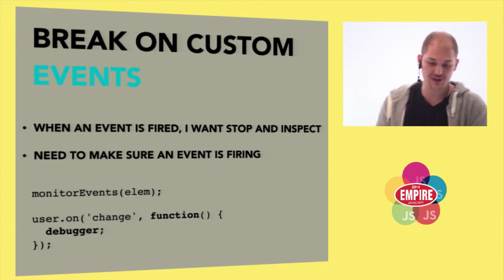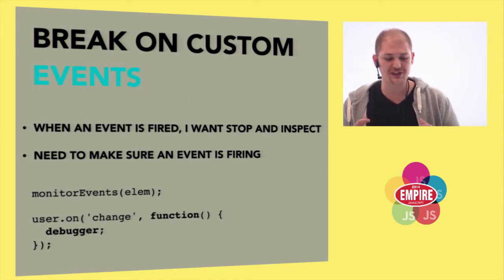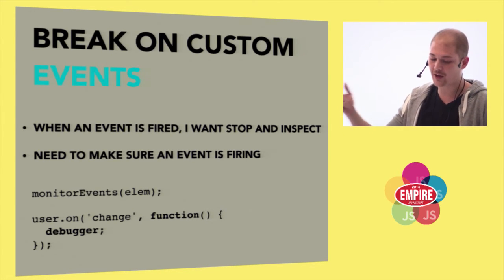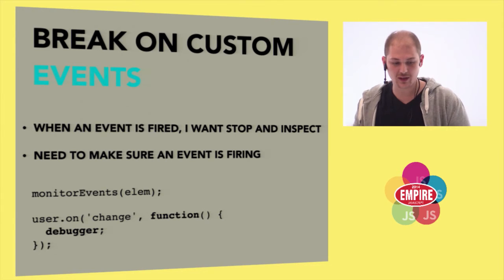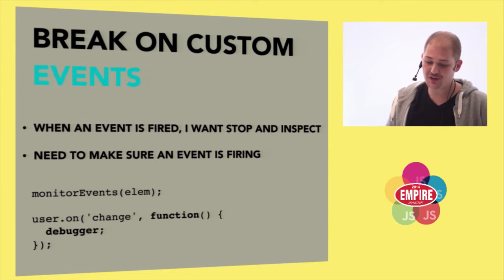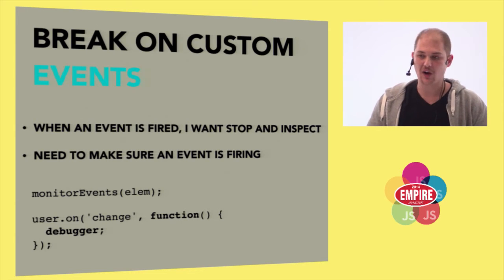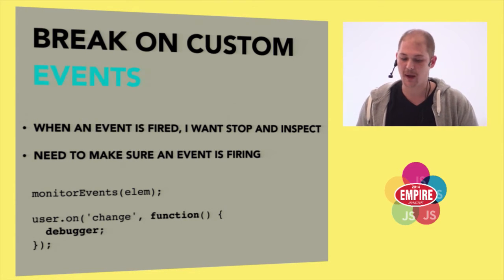Another trap you can set up is you can break on custom events. So DevTools give us a way to debug DOM events. For example, there's a command line API called monitorEvents. I'll talk a little bit about this later. But there's no way to do the same thing for JavaScript events. JavaScript events are not really part of the language spec.